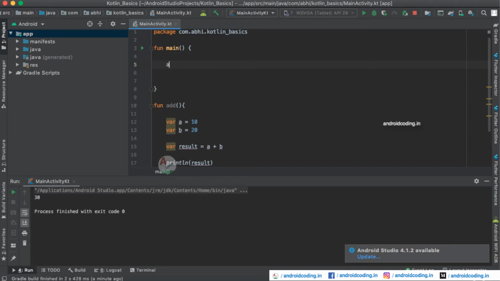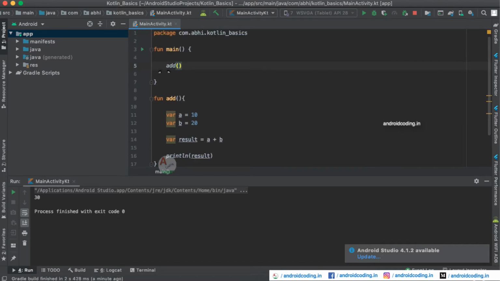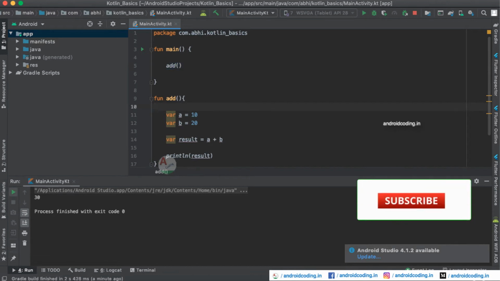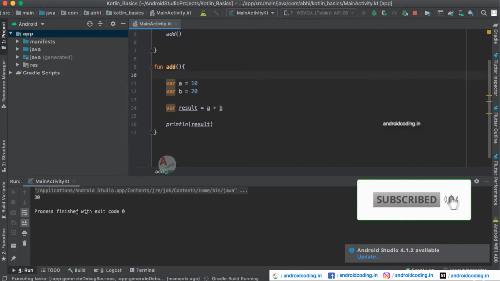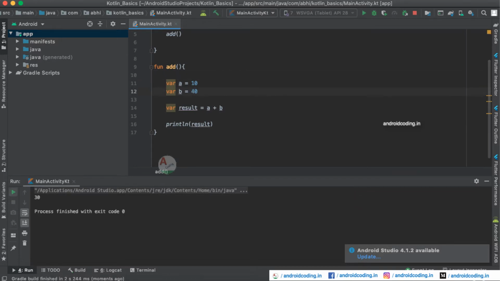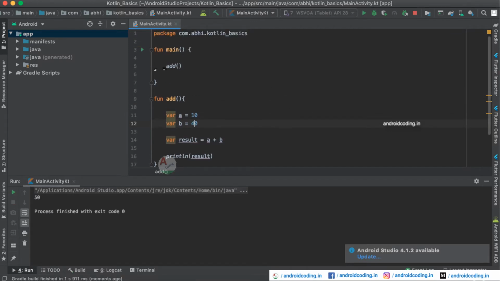Whenever we require to perform this particular task, no need of semicolon here, we can just call this particular method, that is function, and you will be getting the same output here. So even if you change the numbers, it will perform the same task, and you can call this particular function any number of times in your code.